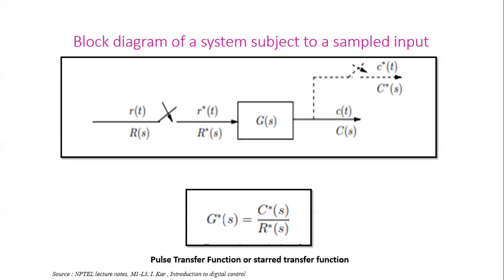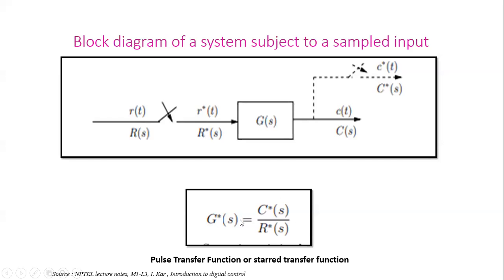Until we understand the pulse transfer function, I would like you to take a look at it. So what are we actually doing? It is desirable, it will be convenient, to express the system characteristics by a transfer function which will relate R star of S with C star of S, or R star of t with C star of t. Now if you draw your attention to the next block, this is exactly what a pulse transfer function is. So I hope you understand how it is different from the regular transfer function.